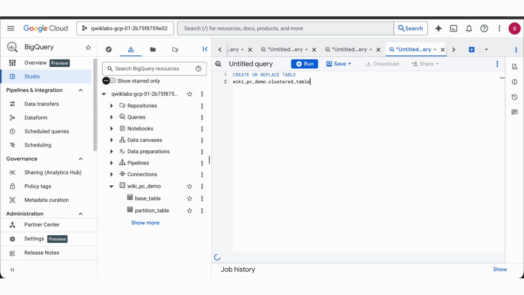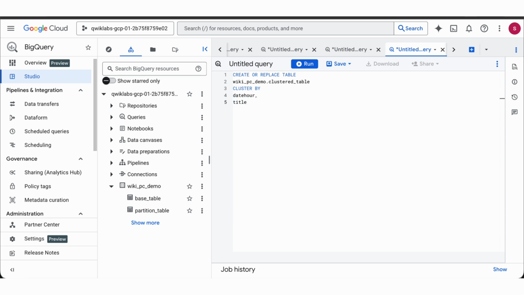I would like to give a meaningful name, so that by looking at the name of a table we will understand whether it is partitioned or clustered. Now I will mention clustered by. This is a technique. Clustered by date hour